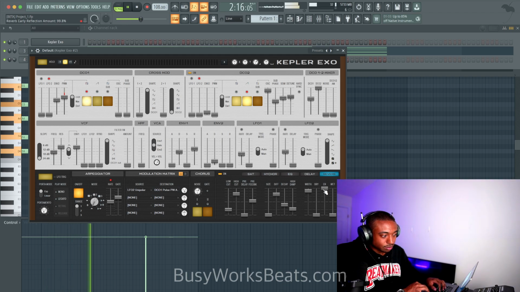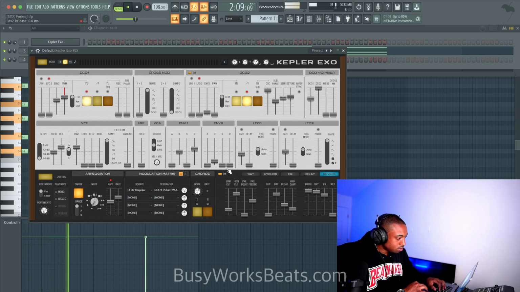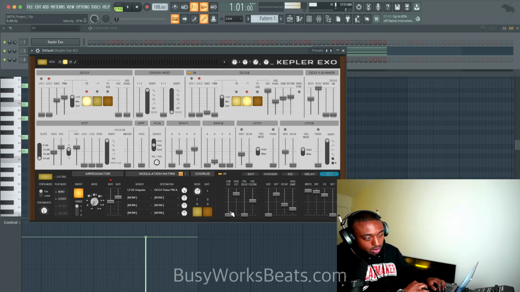Sounds really good. Bring the dry level in. Let's blend these in. I'm going to open up the low cut so it's not cutting frequencies, because a room doesn't just block the lows.